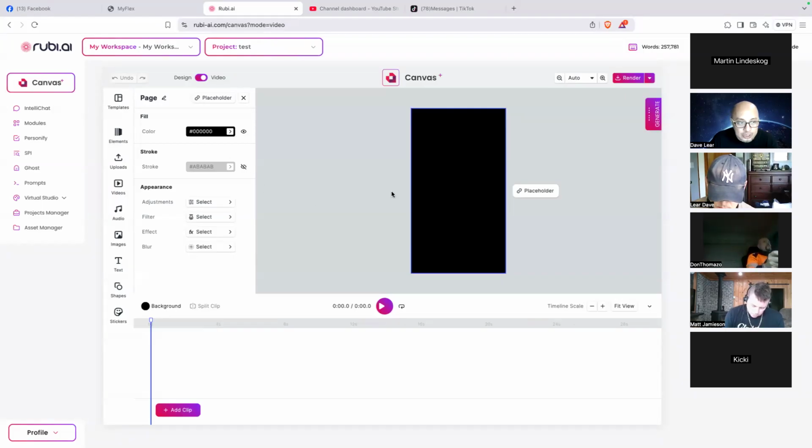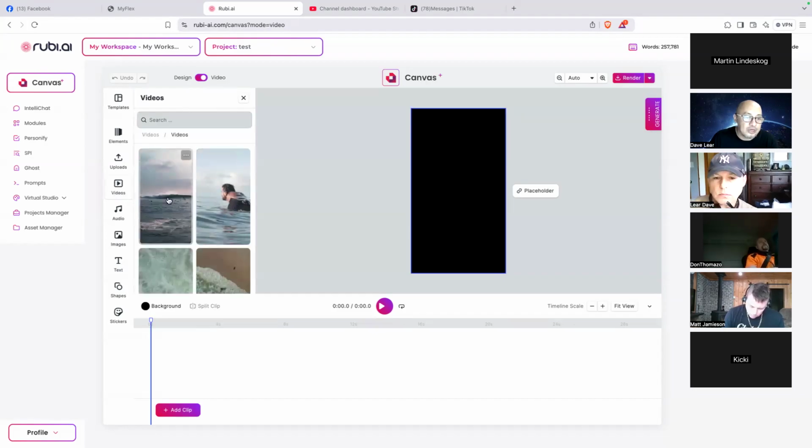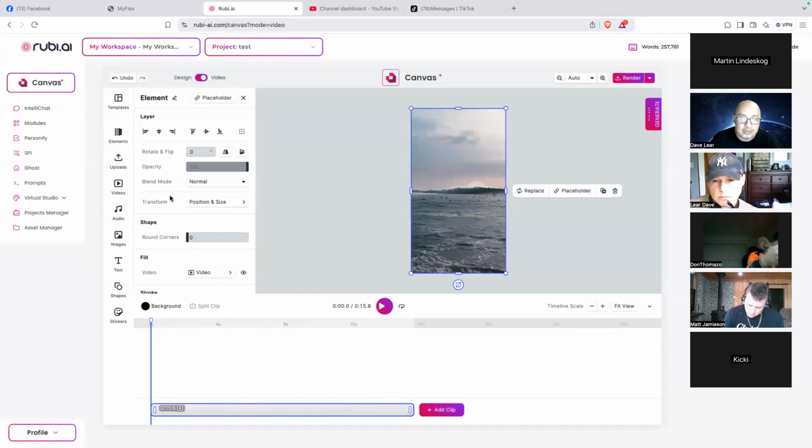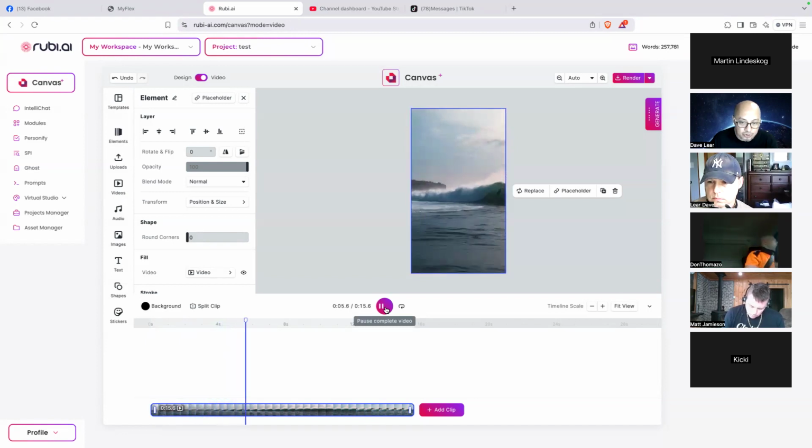This is what you're going to use. There are videos here that you can use for this example. Okay, you just have to click it and it's there. All right, so everything here is drag and drop as well. Okay, so this is how the video looks. You can upload your own video if you want to.